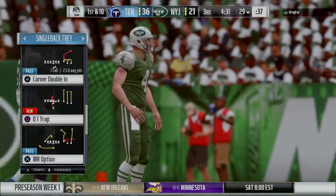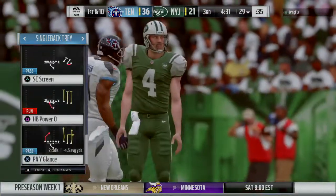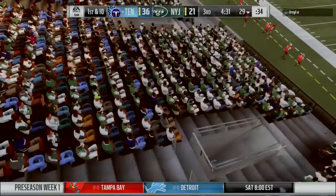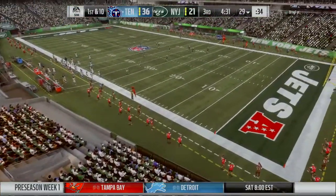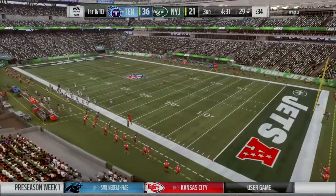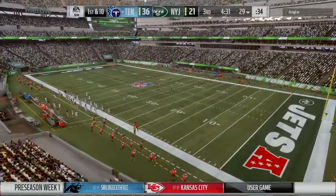And here comes Tennessee as they get set to take the field. This is sort of what you would call a put-away drive, isn't it? They score here, especially a touchdown, it's almost out of reach. It certainly feels that way, and I think that they're going to call their plays accordingly because